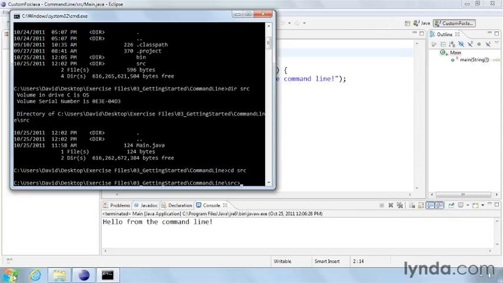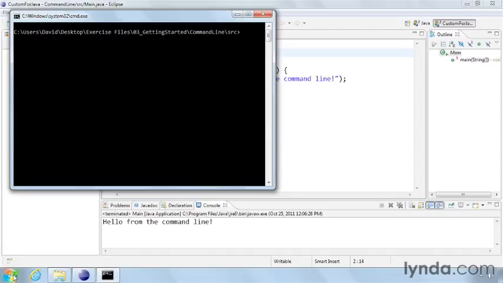So now I'm going to show you how to compile the application from the command line. First I'll clear the screen. Type cls on Windows or clear on Mac, and press Enter or Return. To compile an application, use the javac command. I'll type javac, all one word, and then a space, and then the name of the Java file, including the